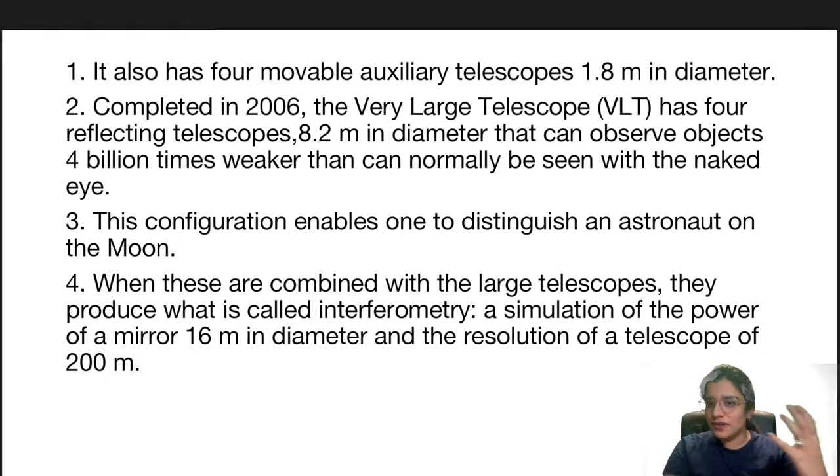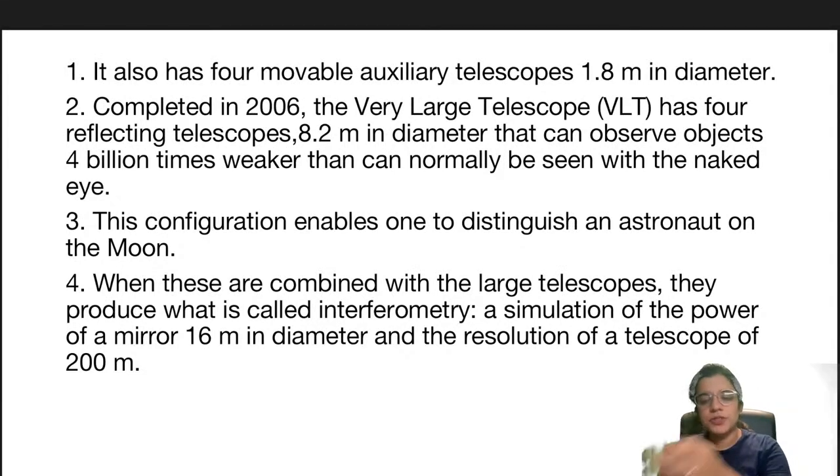So along with these reflecting telescopes, it also has these 4 movable auxiliary telescopes. So that's how we know that 2 and 1 are making a clear pair with each other, because both of them are describing VLT, right? And the first option that has the pronoun it is being used for VLT. Okay. So we fix second option as the opening statement, then we fix first option after the second option, and then we are going to figure out कि three आएगा या four आएगा पहले, ठीक है।